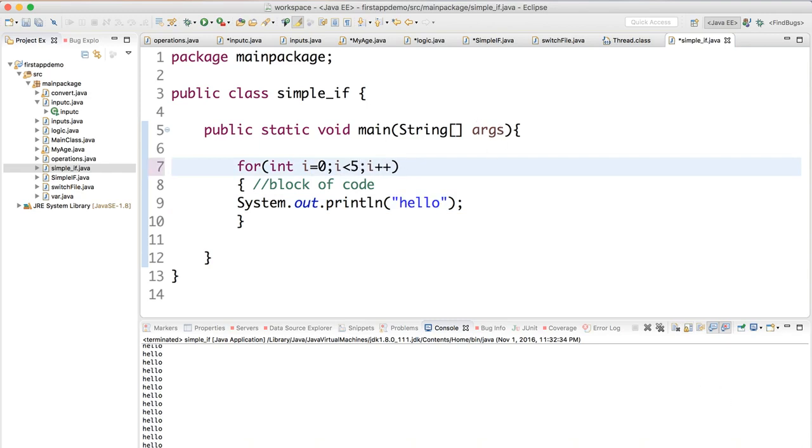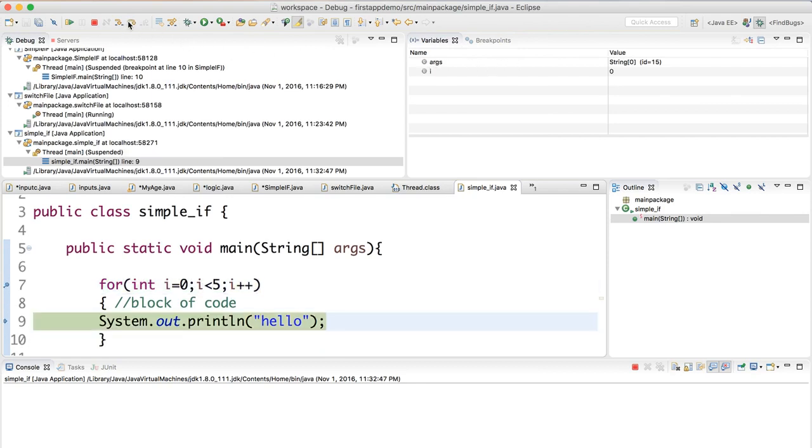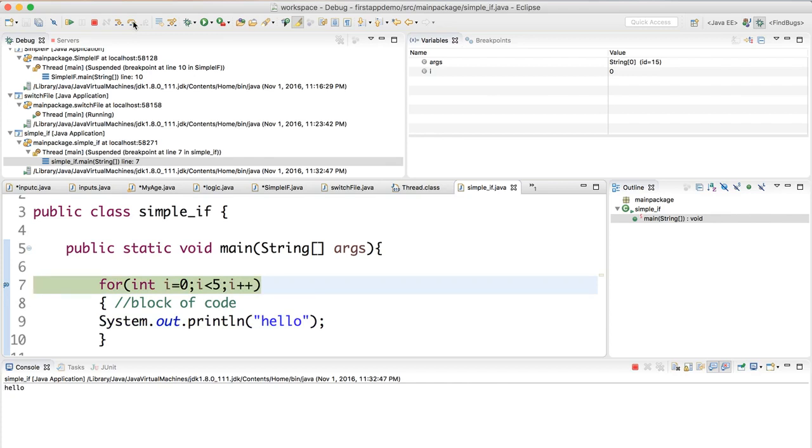So let me go back to the basic 5 and see how this one works. I go to this point and go to debug mode and see how the basic for loop works. You see now I'm on this line, and I don't have anything in the output. If I execute this one, you see i equals 0 because the initial value is 0. It checks i equals 0. Is i less than 5? Okay, go execute the block. It will print hello and go back. Then it increments,